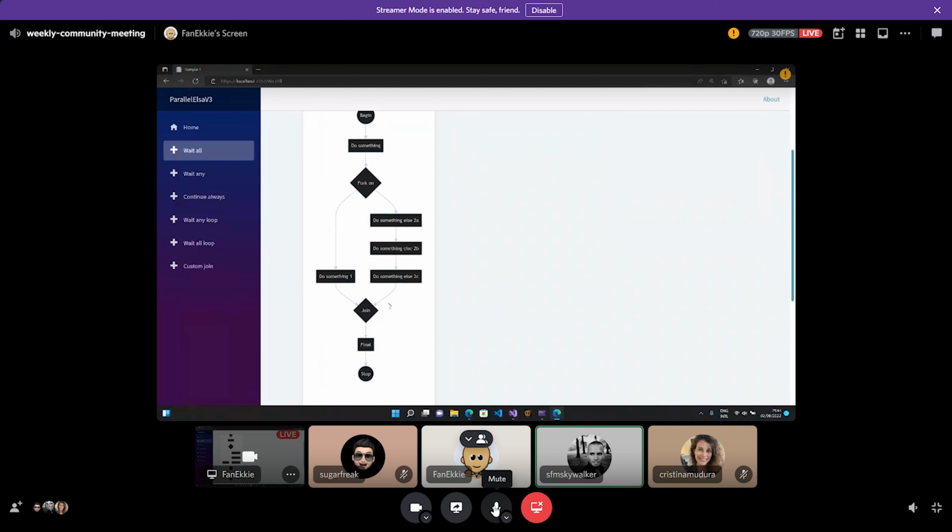If yes, it adds the identifier of do something 1 to a list. And when do something else 2C executes, it also fires the activity executed event, in response to which the join activity adds that activity identifier to its internal list.